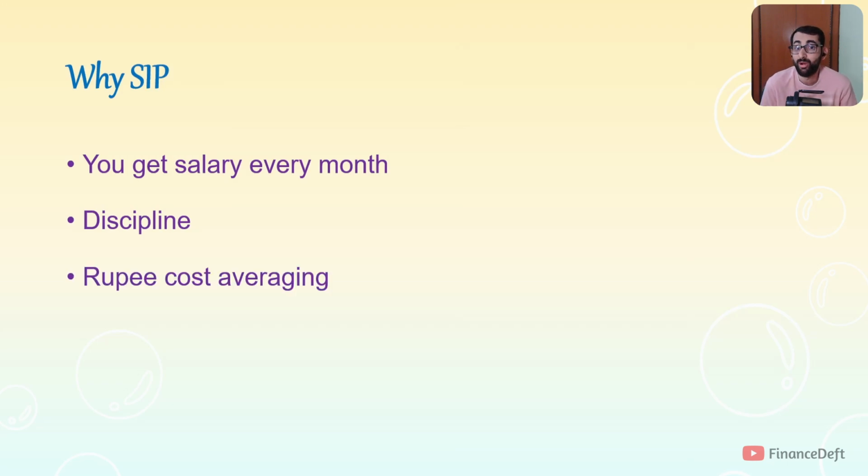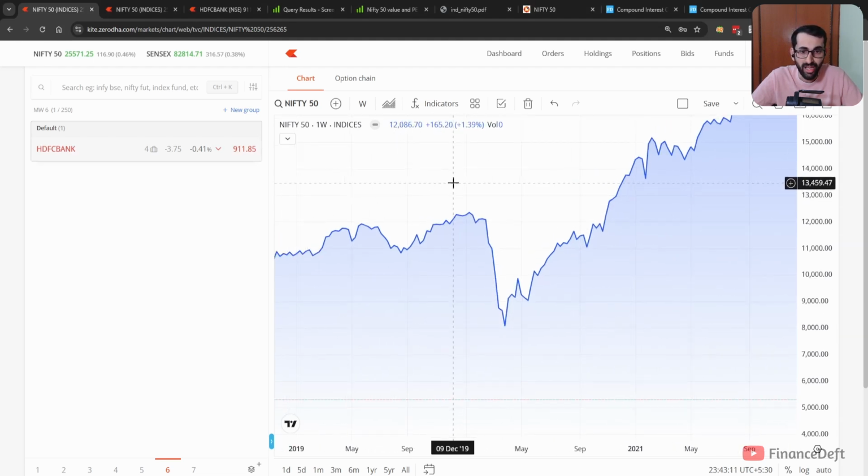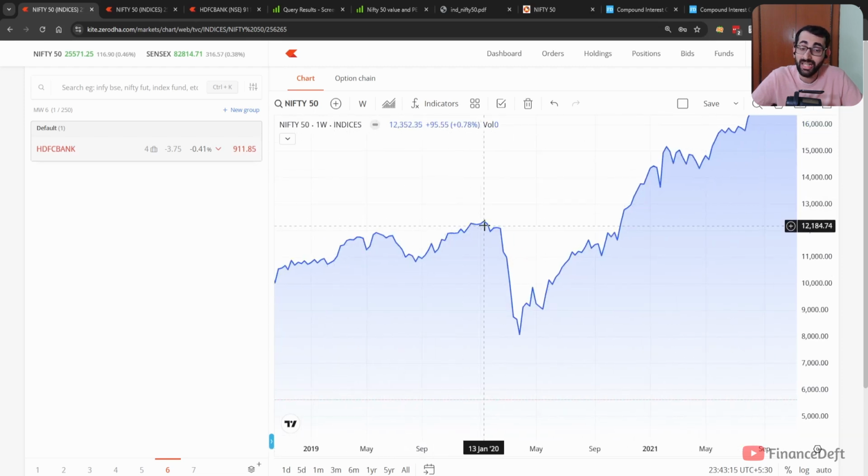Finally, the most important thing is the rupee cost averaging or dollar cost averaging. As we have seen here, had you invested in lump sum here, we would have seen a drawdown of 35%. Instead of that, had we done an SIP, that means had we bought every month, then what would have happened? Every dip we would have bought, every time the market went down, we would have bought at 8,000 rupees also, and we would have